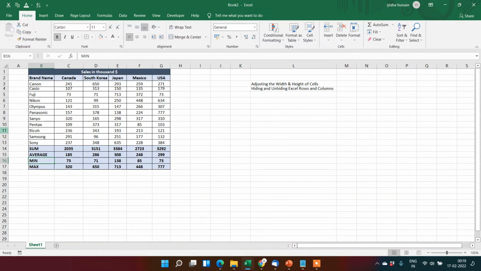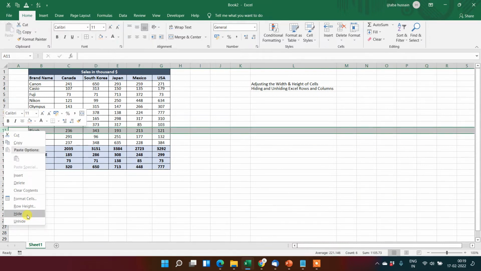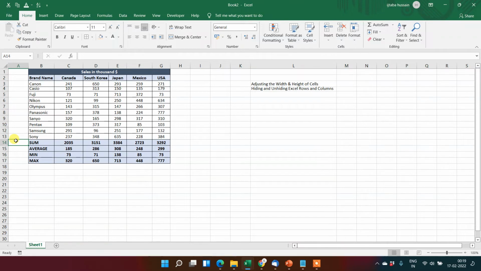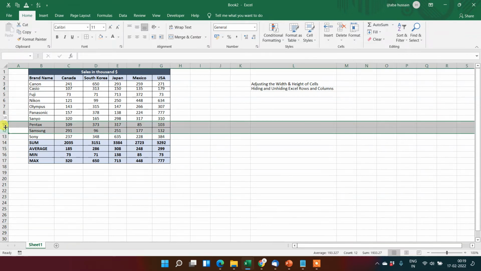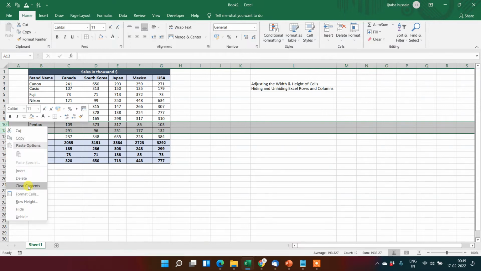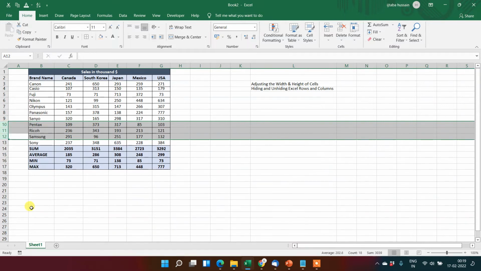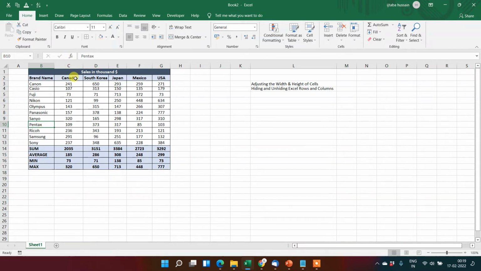Alternatively, you can use another method also, like selecting both the cells and double clicking on it. Just double click on it. So it got unhidden. In the same way, we can hide a particular column also, by right